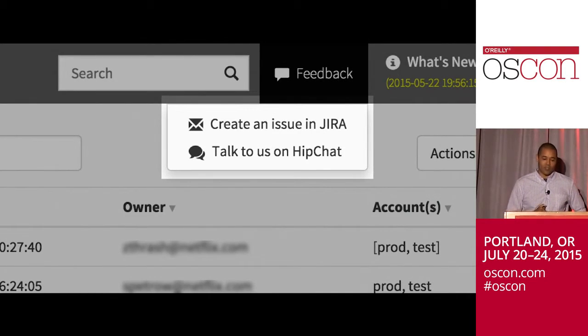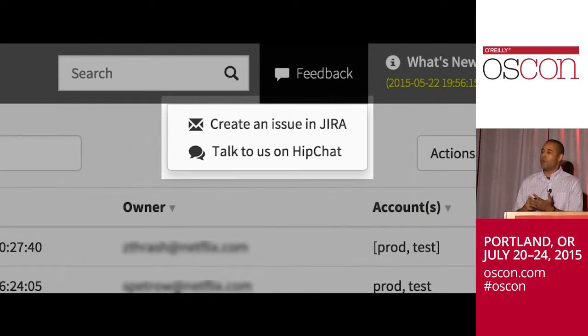Another aspect of this is making sure that customers can get support in the context of the tools they're using. This is a screenshot from Spinnaker, where inside the application, teams can click on a button to create a Jira issue or open up the HipChat room. What's nice about this is they don't have to think about, and I've been in the scenario where I was like, oh, I have a problem with this tool. What's the name of the tool? Which is the Jira project?